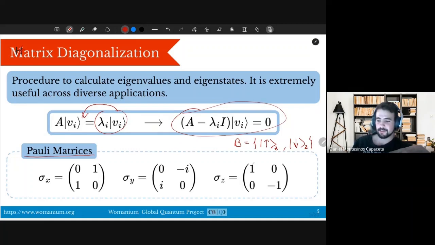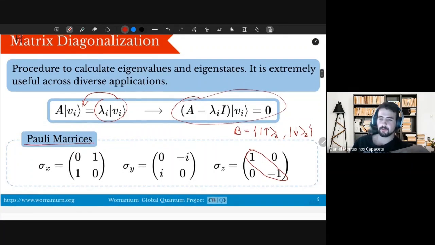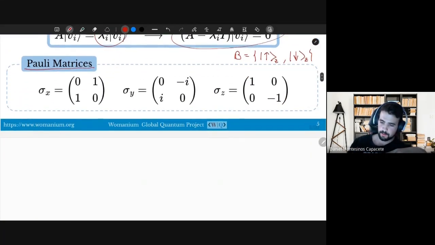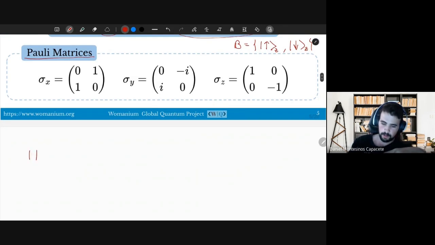But the interesting thing is that it is a diagonal matrix. And why is this interesting? Because when you have a matrix in this form, that means that the basis you are using is a basis made out of the eigenvectors of this operator. Let me explain myself a little better. So this vector will be, in this basis, the